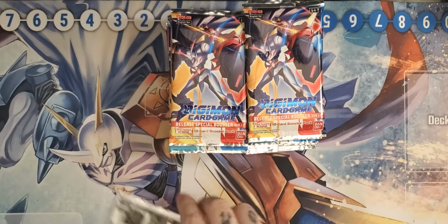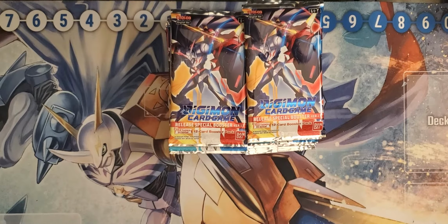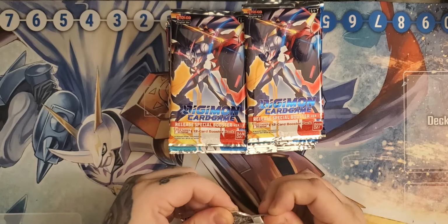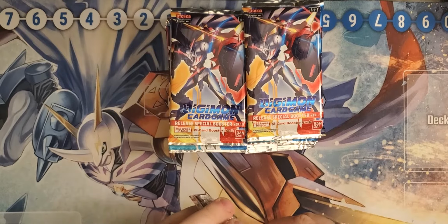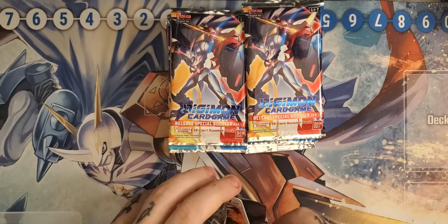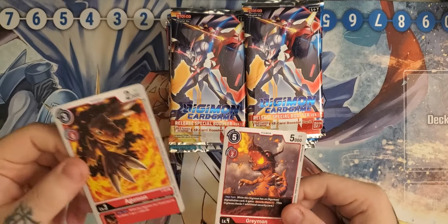Let's start with our promotion pack. Let's see what we got in here. It feels a little heavy. It would be nice to immediately come out the gate swinging here. Oh wait, these are the promo packs. These just have 2 in them, duh. An Agumon and a Greymon,